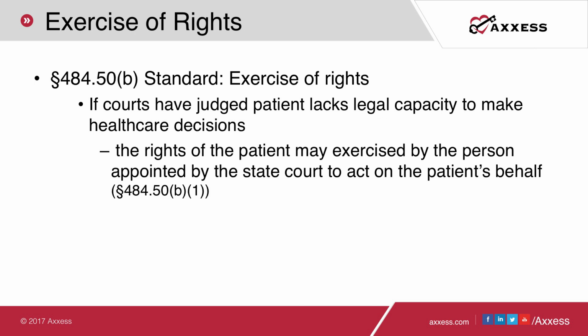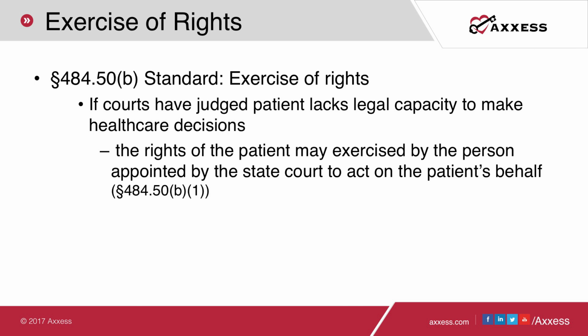So all of that information has to do with the Notice of Rights, which is the first of the 6 different rights standards. So the next part is the exercise of rights, and that's number 2 of the 6 new rights standards, the exercise of rights. This standard lays out who can exercise that patient's rights. Now, the standard actually reads, and we're going to see it on the next slide, that if the patient has been adjudged to lack legal capacity to make healthcare decisions as established by state law by a court of proper jurisdiction, the rights of the patient may be exercised by a person appointed by the state court to act on